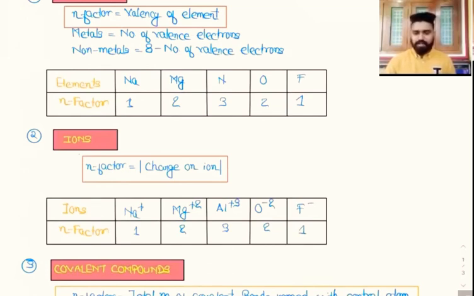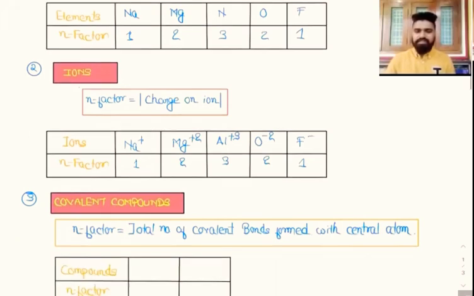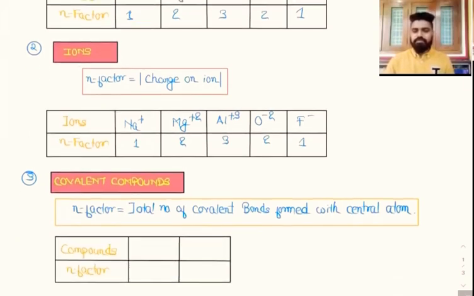Now let us have a look at the n factor for covalent compounds. In case of covalent compounds, the n factor is equal to the total number of bonds formed with the central atom. That means the total number of bonds with the central atom will be equal to the n factor only. So if we have